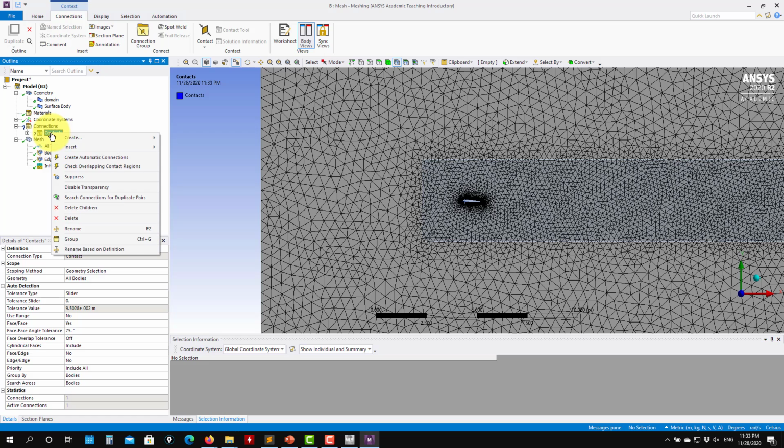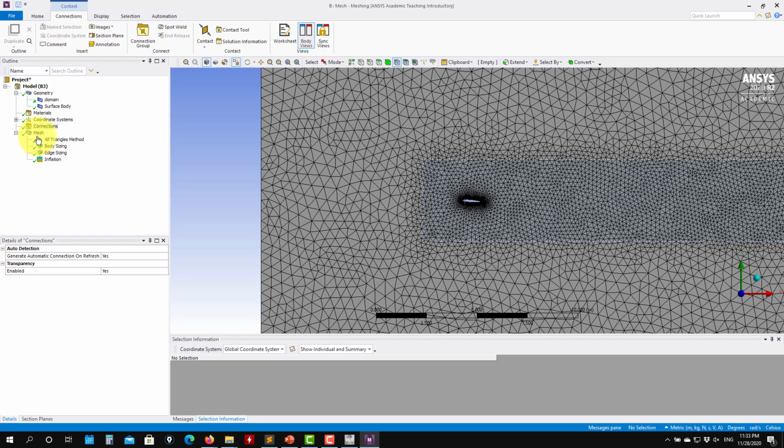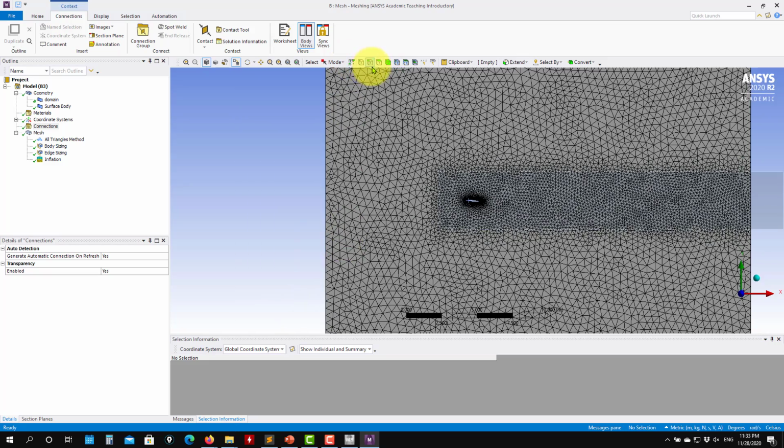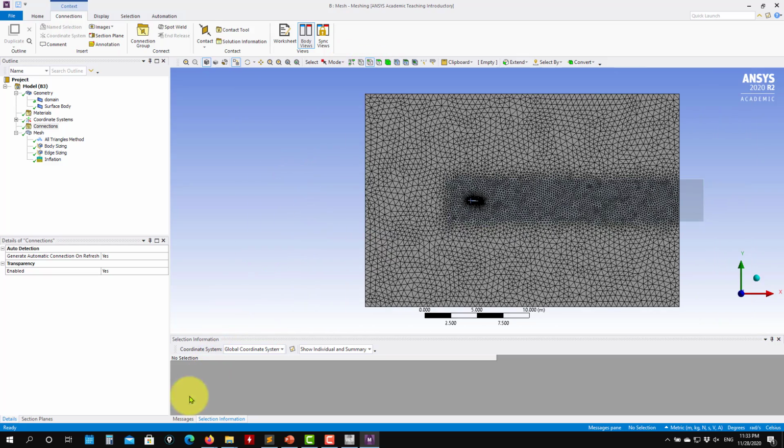Contacts, right click and delete this. You need this, delete. Okay, and you should have everything here green check marks. Okay, just always now and then save. So here we have our mesh, but what is important also, we're missing that before going to CFD, we need